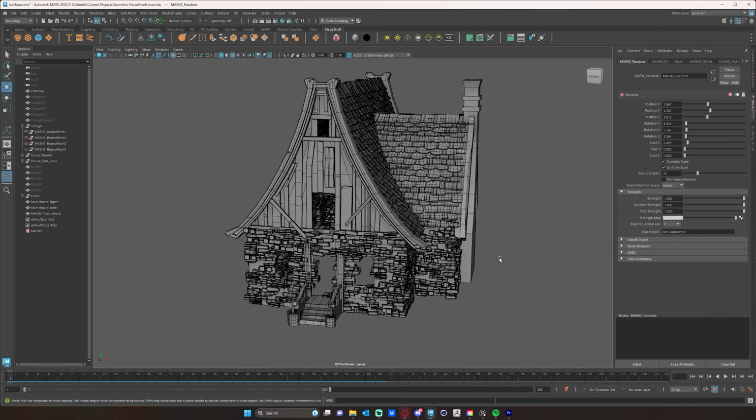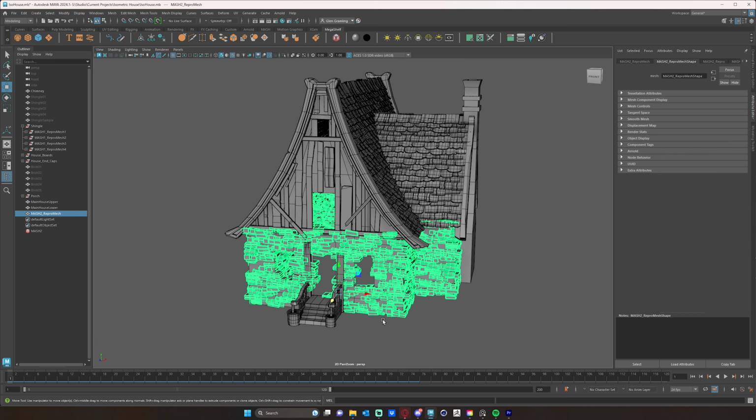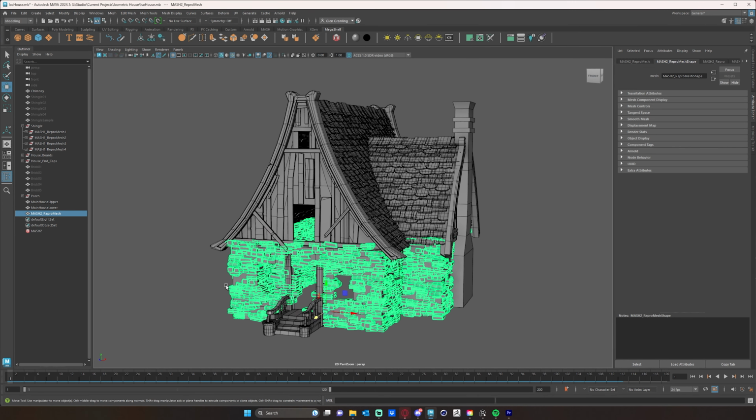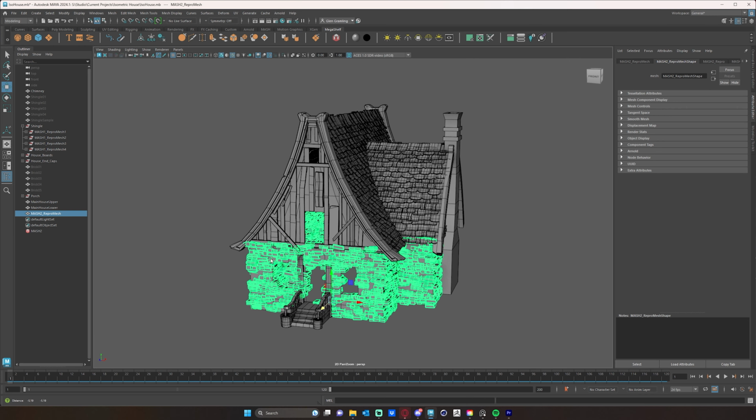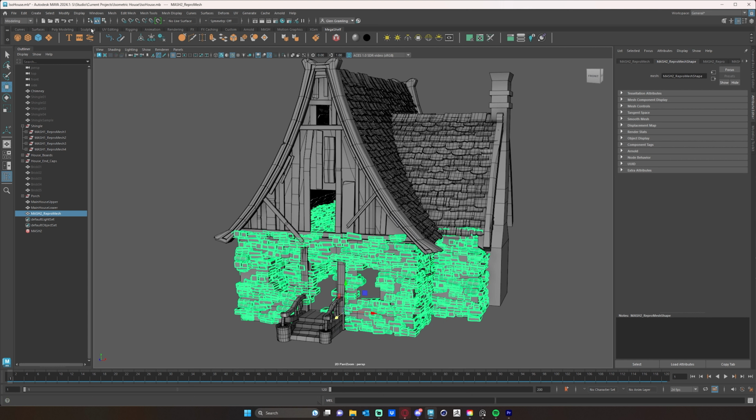Oh, real quick. In order to edit them individually, we just need to delete the history on it, so it's no longer a mesh node, and we can separate them so they're all individual objects. Before that, I want to save my file because this could result in a crash. A lot of big processes could result in a crash. This goes for any application, so you always want to save before you do any sort of big process. So I'm going to delete the history,